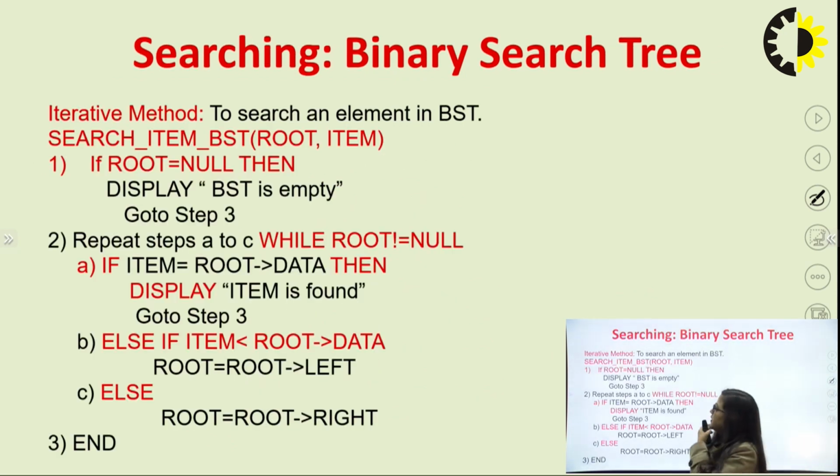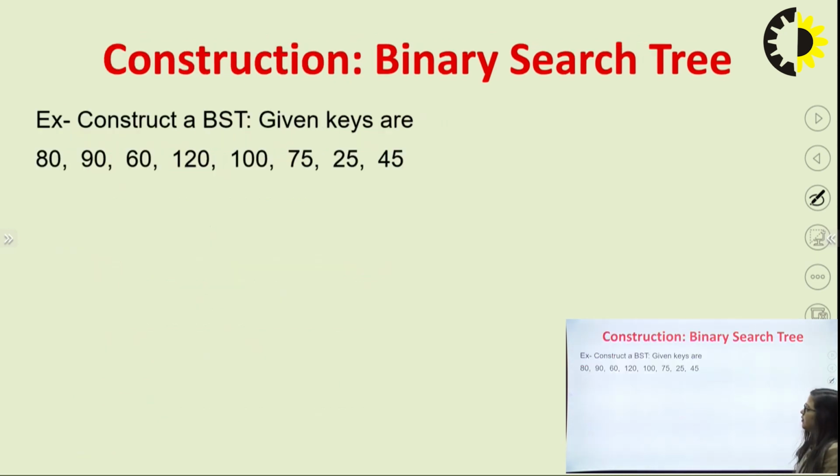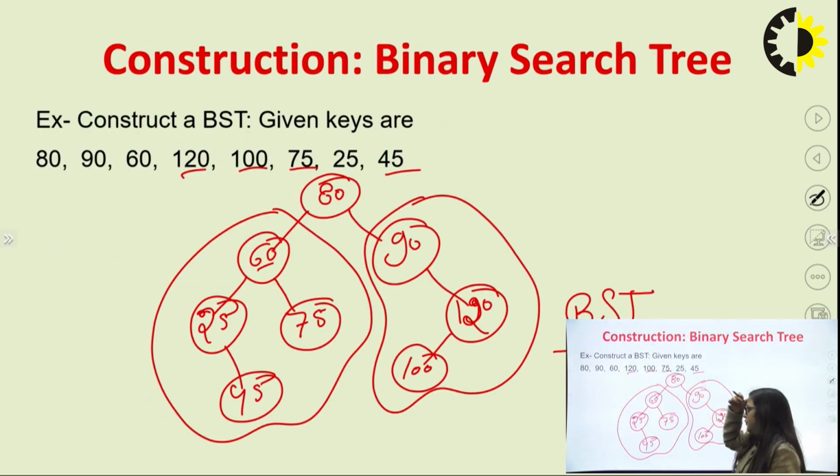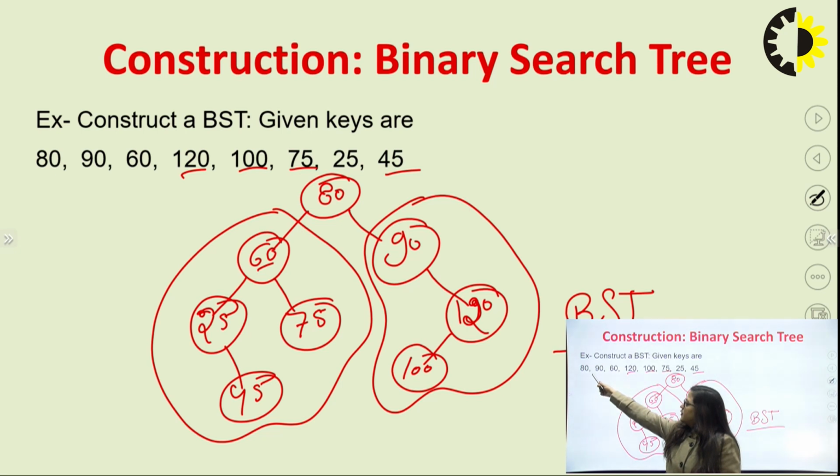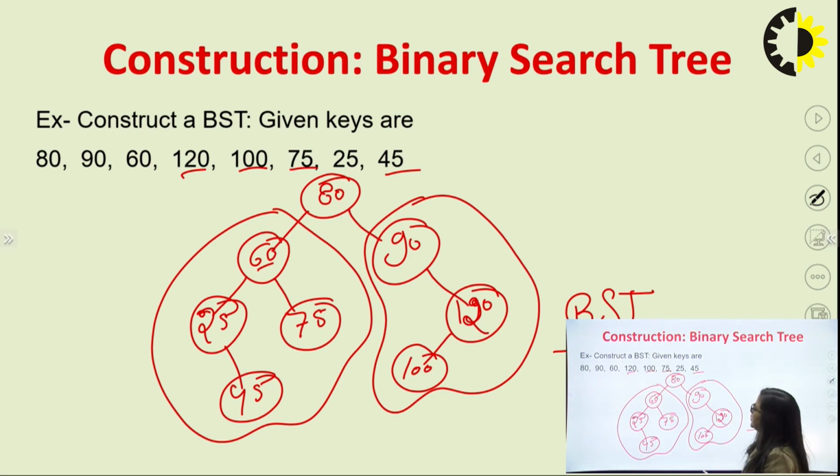Same question. Now it is some algorithm. How does it work? First of all, when you construct a BST, check the first condition. First check whether the root is null or not. If the root is null, then it comes here. If not, check the next number. Then check whether it is equal, less than or greater than. If it is greater than, move to the right direction. If it is less than, move to the left direction. In this way each element is inserted in a BST.